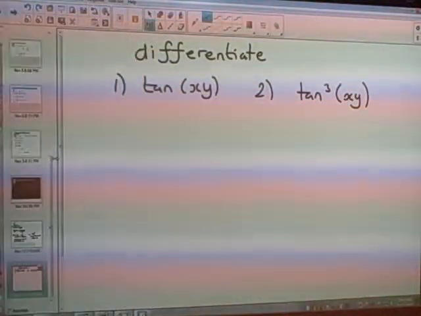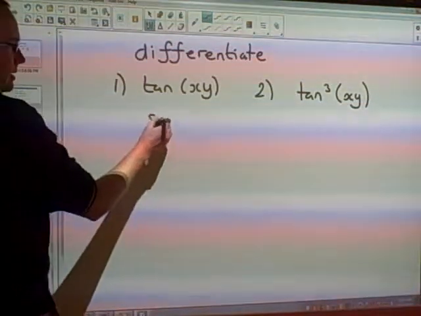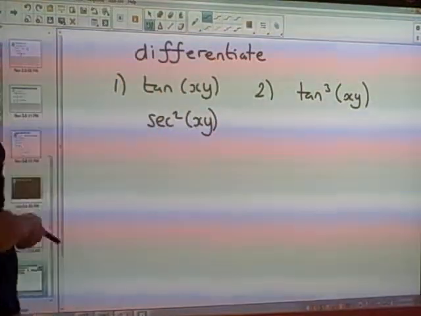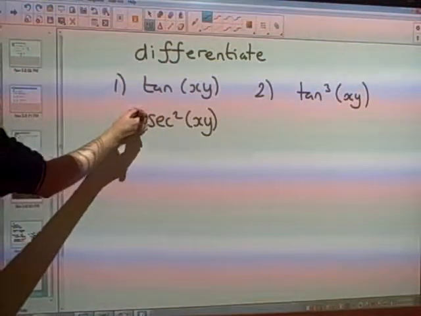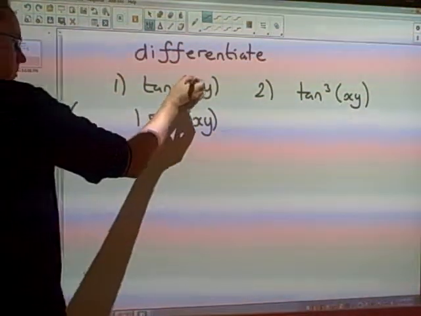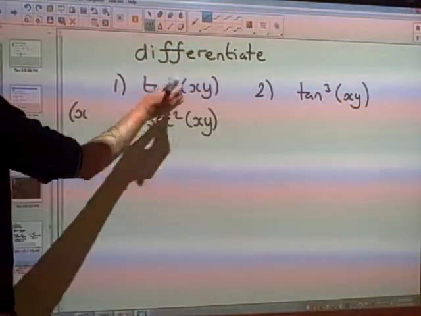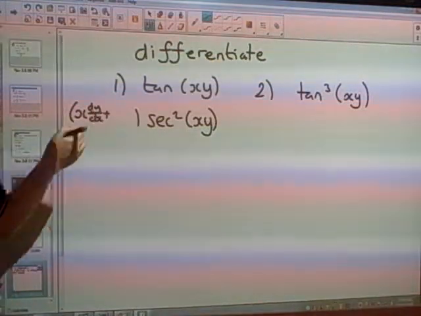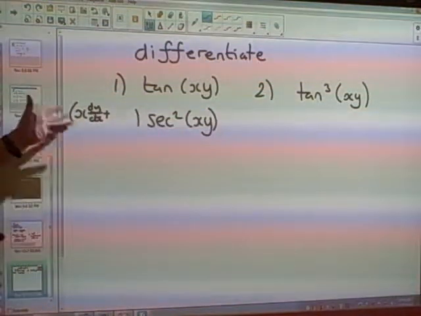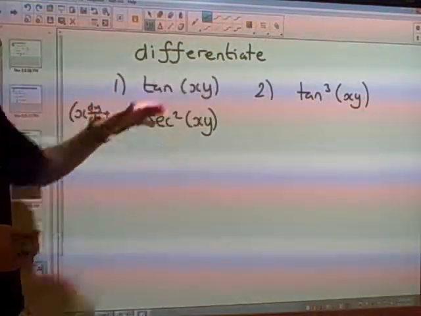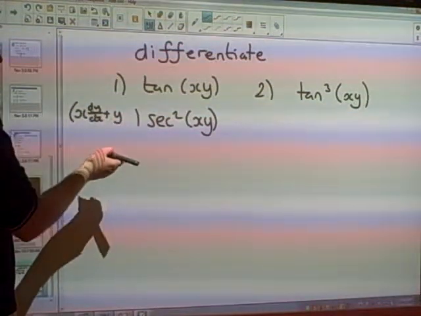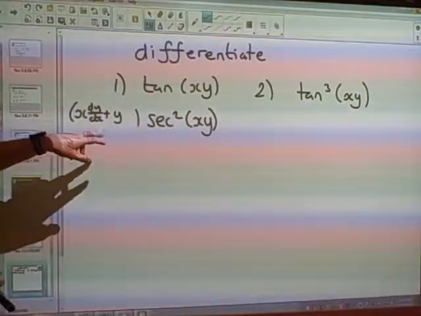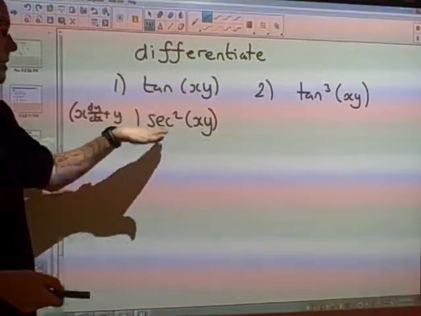So for the tan of xy, we know the differential of tan is secant squared of the same thing. We also have to times by the derivative of xy. So that's going to be our product rule. So we're going to do the first term times by the derivative of the second. And if you're not comfortable doing this, then you could just do the u and v rather than trying to substitute it directly. Plus the second term times the derivative of the first, which is just 1. So our answer would be x dy by dx plus y times by secant squared